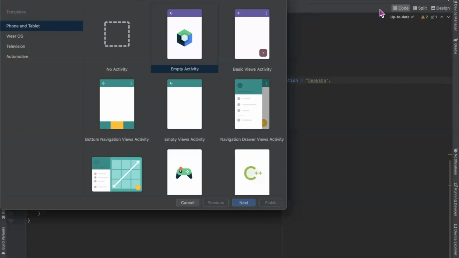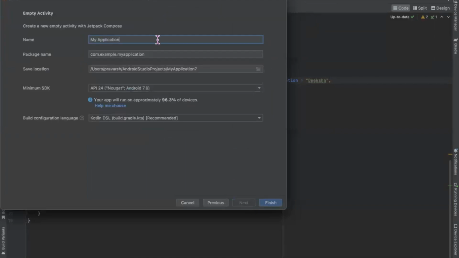Today in this video you will learn how to use Image Composable in Jetpack Compose. So let's get started. First we create our project and here I am selecting empty activity. Click on next, name of your project